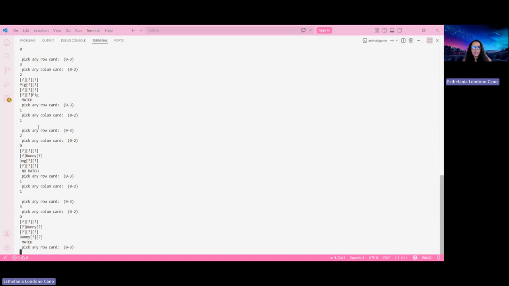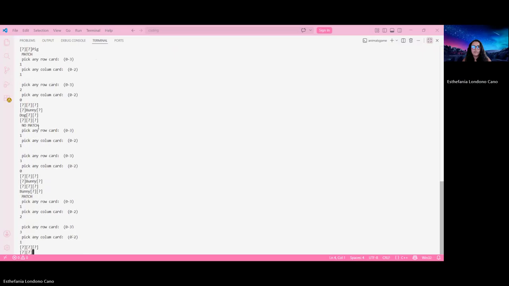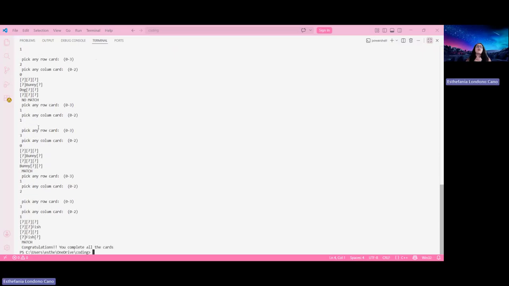So let's see. Okay, so now our program is displaying congratulations, you complete all the cards. So that means we finished our last animal, that was fish, and you can make as many mistakes as you want. But the good thing is that the program is always going to keep asking. So it's not going to stop, or it's going to say the